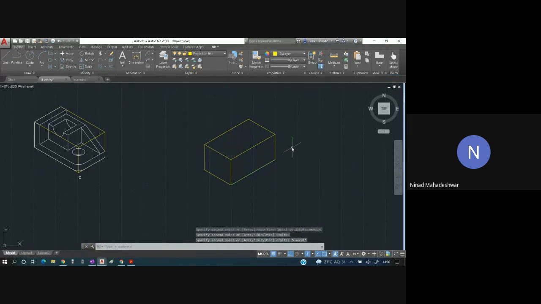So I have drawn the length, breadth and height of this entire part, the box in which this entire isometric view is going to stay. So that I have done.